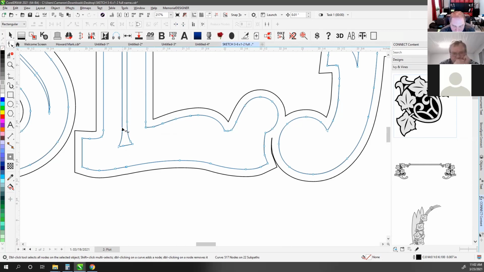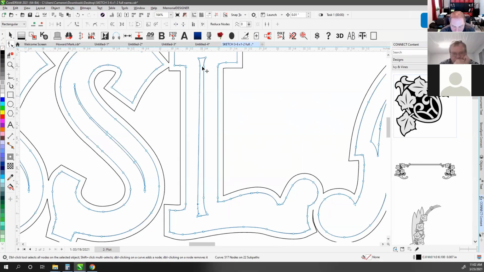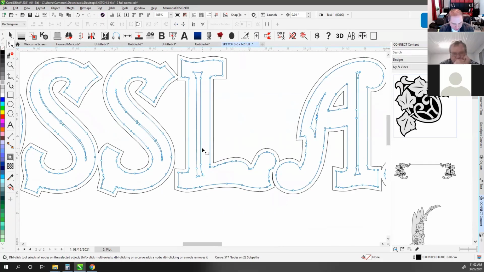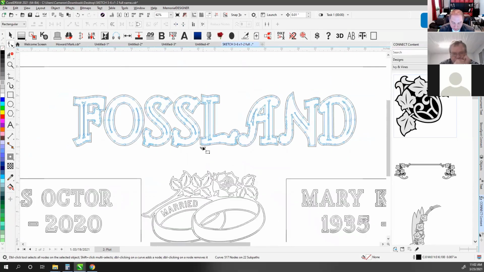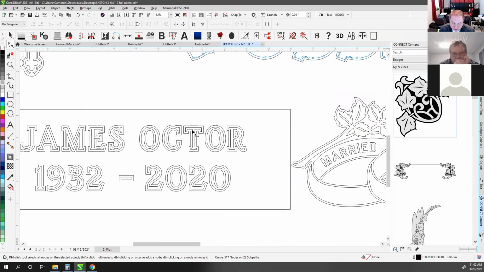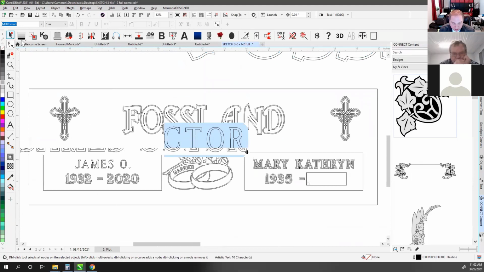Or if you wanted to make this thicker, you can grab the node and pull it out. Same thing over here. You can grab that node and pull it out. So you get access to changing the shape of your object with the shape tool. And if it's curves like this, that's how it works. Just like this text, if it were